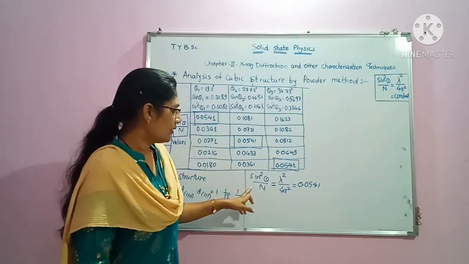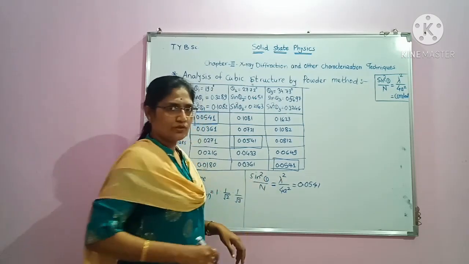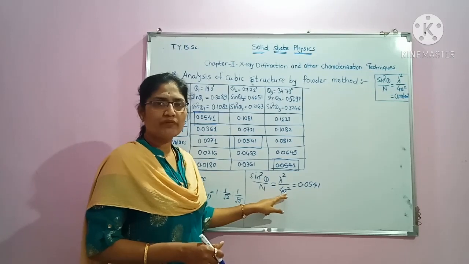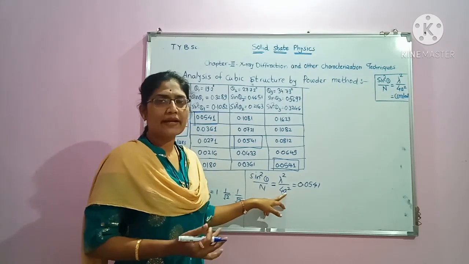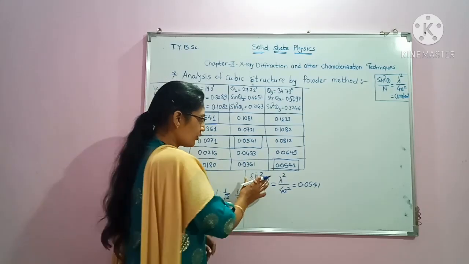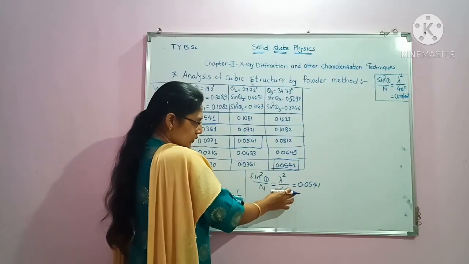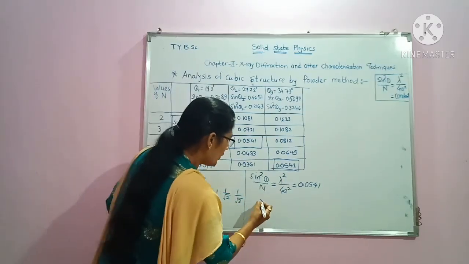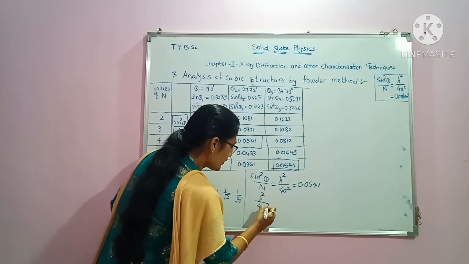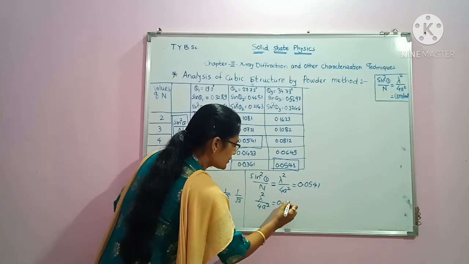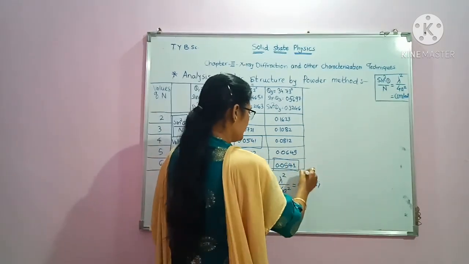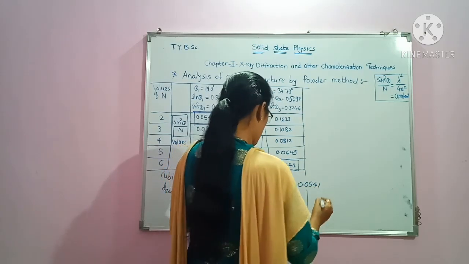So here, by using this equation or by using this information, one can find out the value of A, which is the characteristic of that cubic material. Instead of considering this, we will solve this and we will obtain lambda square upon 4a square is equal to 0.0541, and hence a square